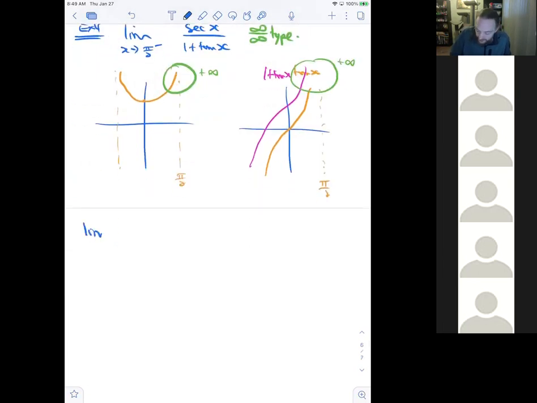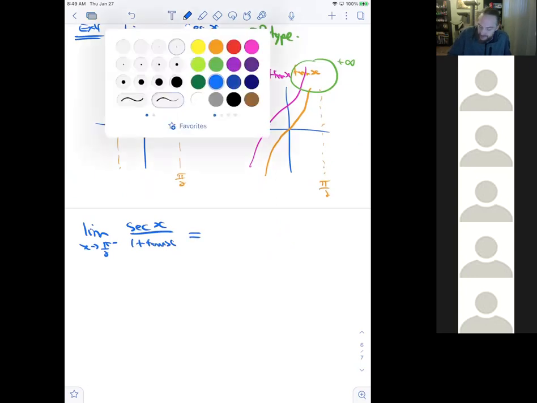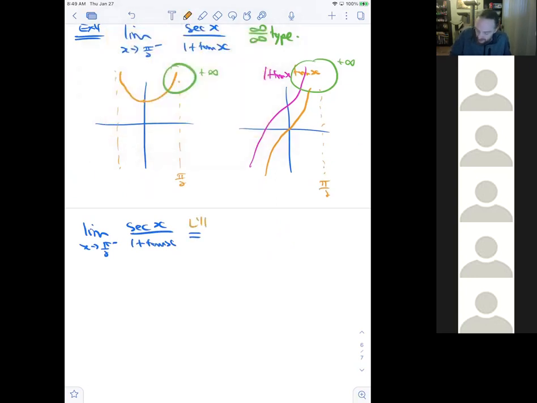So the limit as x approaches pi over 2 from below of secant x over 1 plus tan x is equal to, by L'Hospital's rule, because I have infinity over infinity type this time, the derivatives,